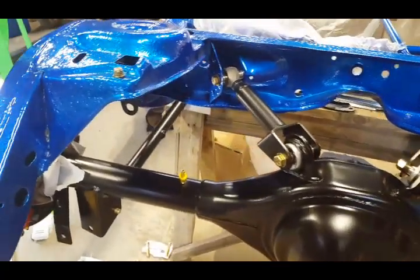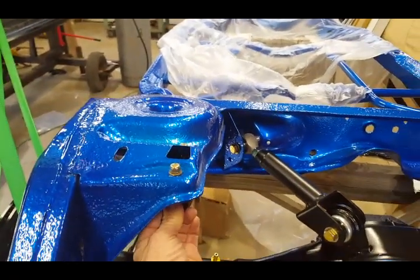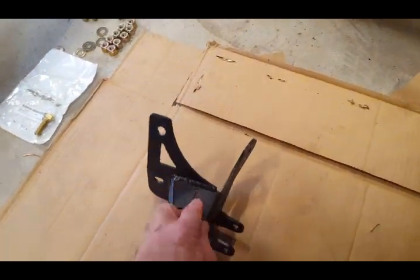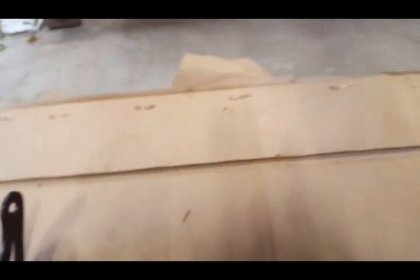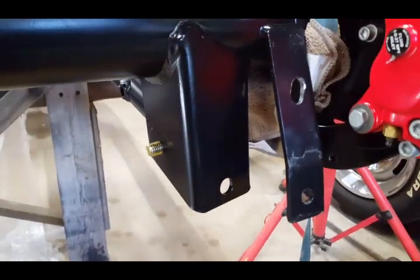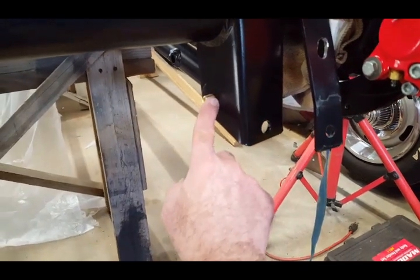To get started, now I'm ready to install the coilover brackets for the coilover springs. These are the brackets here, and they label them D, for driver side. And let me show you this over here, that is P for passenger side. Okay, so what they do is they go right here, which is the shock area for the